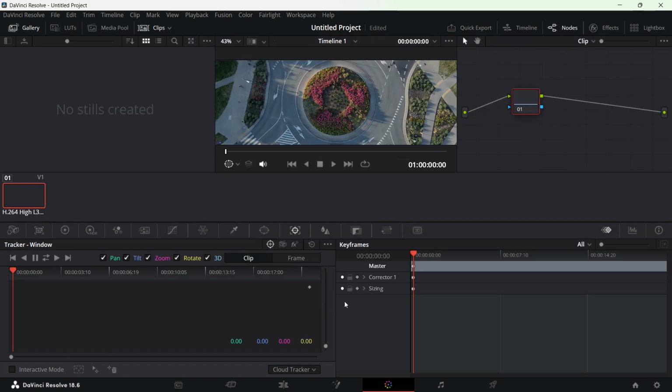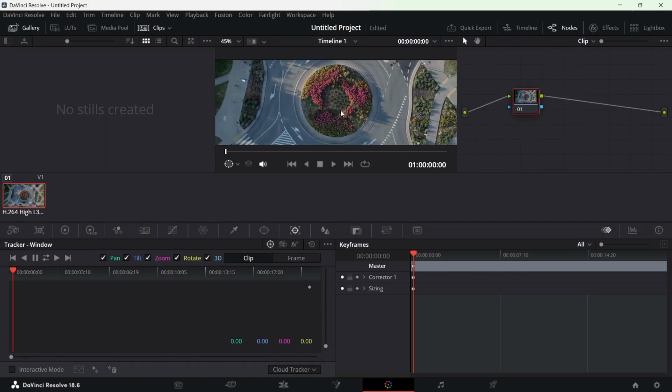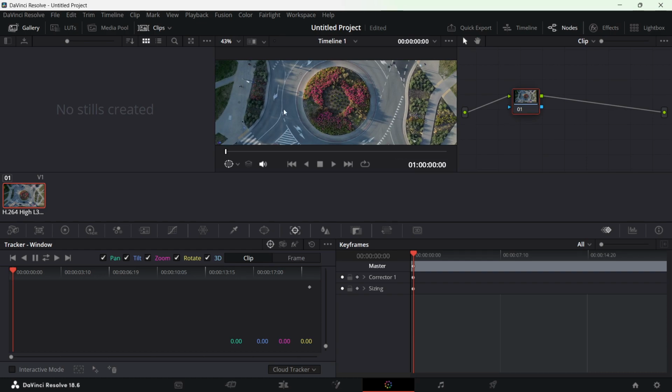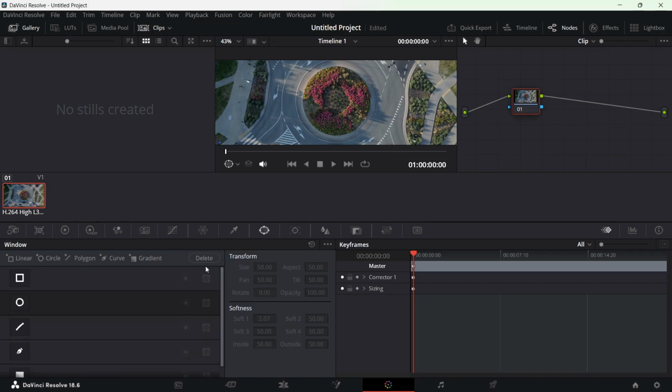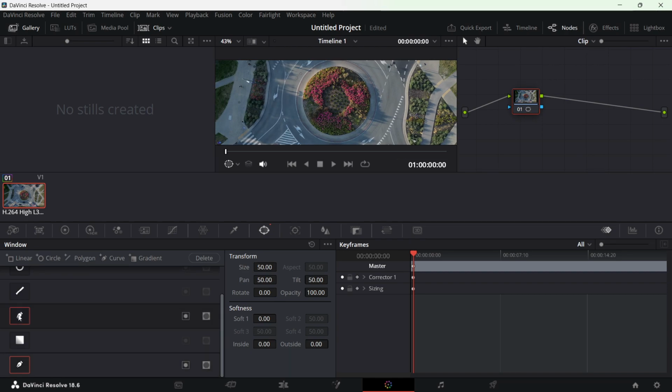Once you are on the color section, you can zoom in or zoom out the part that you want. Once you've done that, you simply need to click on this mask option. Here you can see different options. You simply need to select this one, curve, and select the pen tool and create